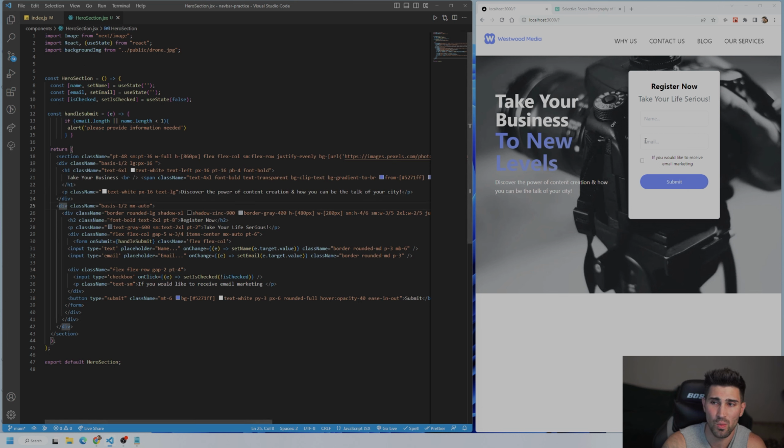So now we're going to work on the right side div, which is this form. And the first thing, which we already did, we have a basis of 1/2, which is going to take up 50%. And then we have margin left and right of auto. So that means it's going to center it from left and right, horizontally. Then inside of this div, we're going to have another div, which is going to wrap around everything else, as you can see here. And this div is going to be